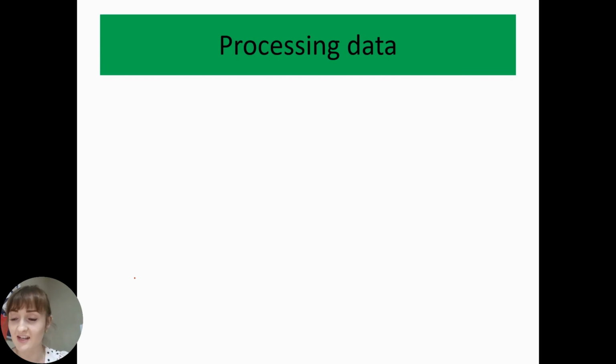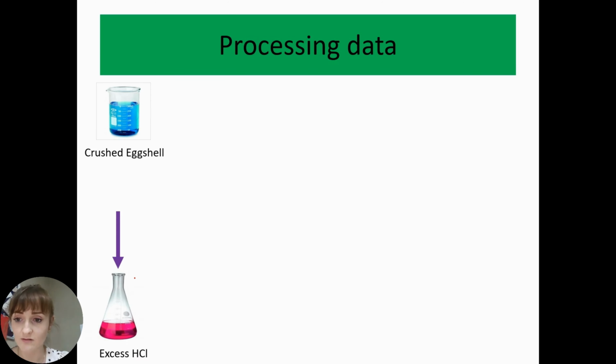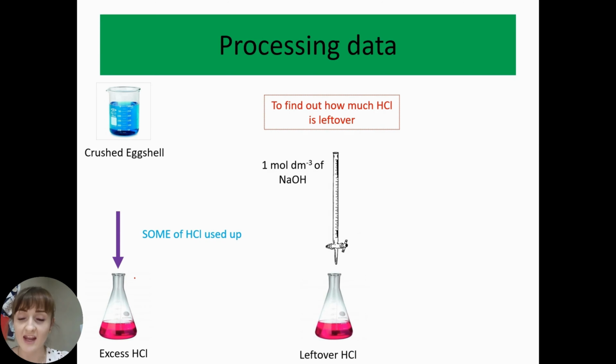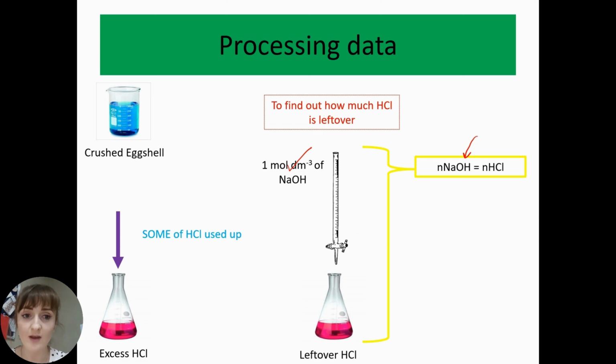Let's look at how we could process the data collected from this experiment. You start with some crushed eggshell, which is now a powder. You add that to the excess HCl, knowing that it will use up some of that HCl. To determine how much HCl is left over, you carry out a titration. That HCl will react with NaOH. Based on the burette, I can read what volume of NaOH is required to neutralize the HCl. Using that volume and the given concentration of NaOH, I can now calculate the number of moles of NaOH, and because they have a 1:1 mole ratio in a chemical equation,